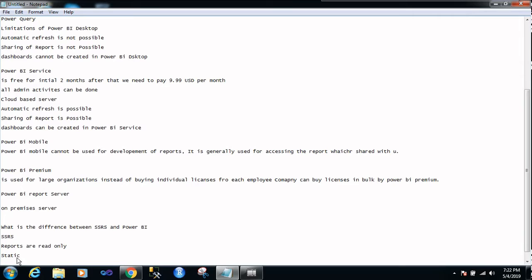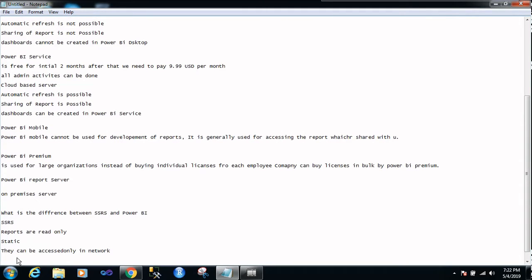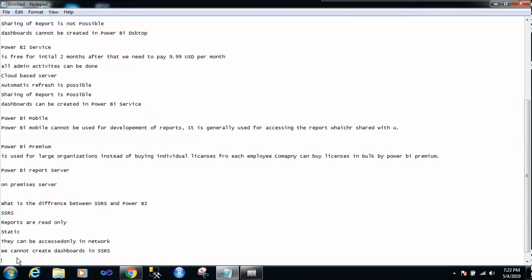They can be accessed only in the network. We cannot create dashboards in SSRS. But Power BI has removed these limitations.